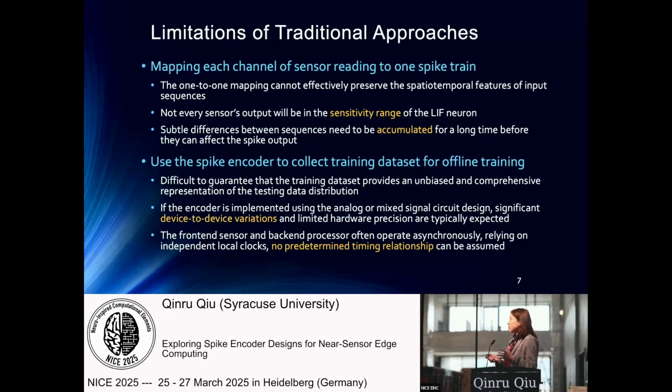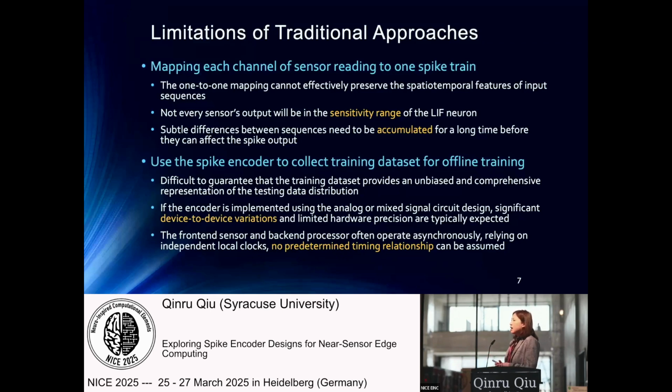And secondly, very subtle differences between sequences have to be accumulated for a very long time before they can make a difference at the spike output. And in addition, the traditional approach basically used the sensor encoder to collect sequences and then used this training data for